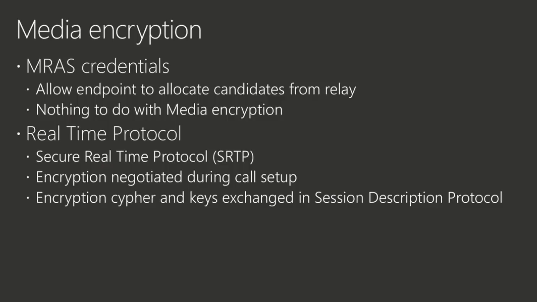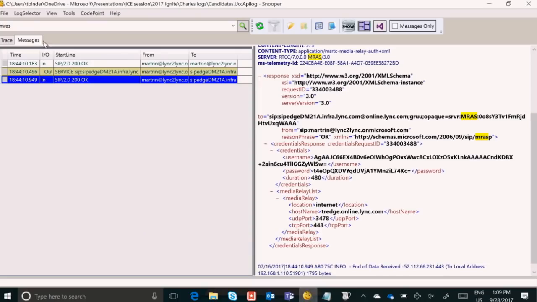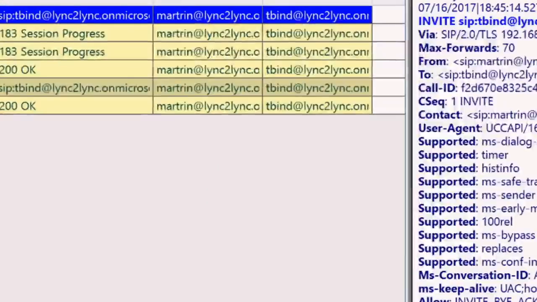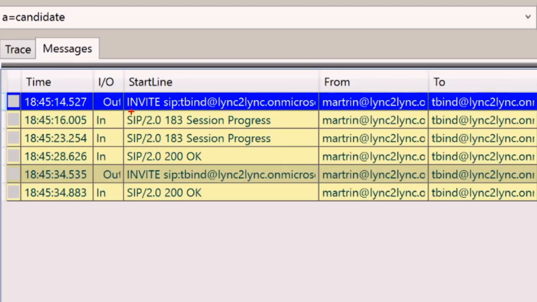So let's take a look at these logs. In order, I'm now back in Snooper, so we're looking at Skype for Business. In order to find them, I'm searching for a=candidate. And we are looking here at the call where Martin called Thomas, and the first thing that I can see